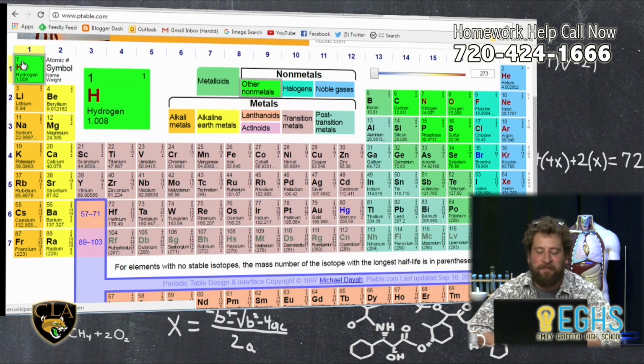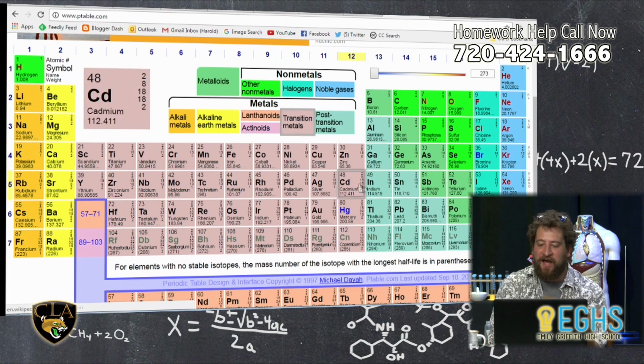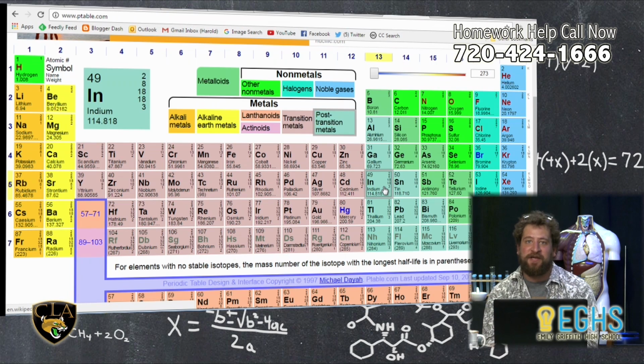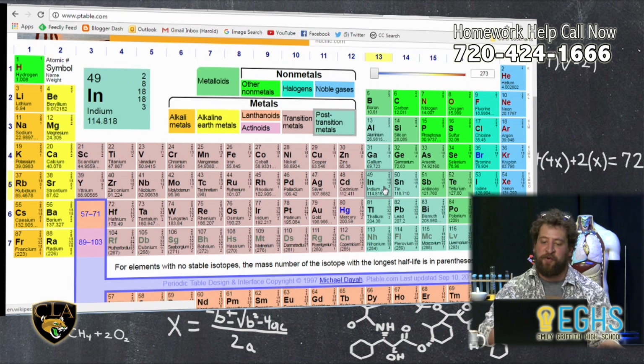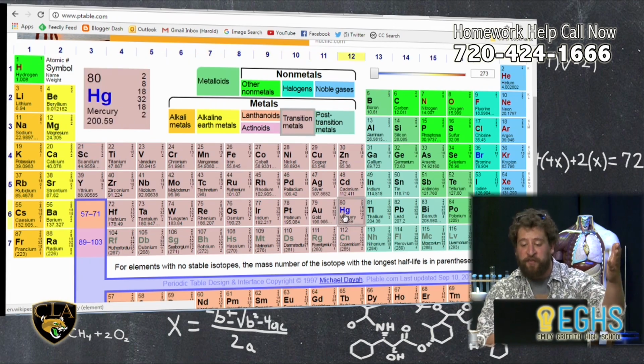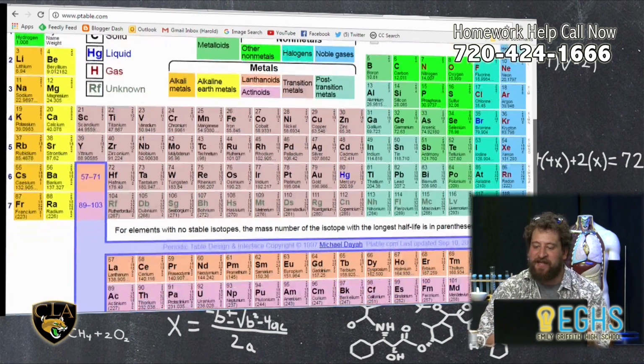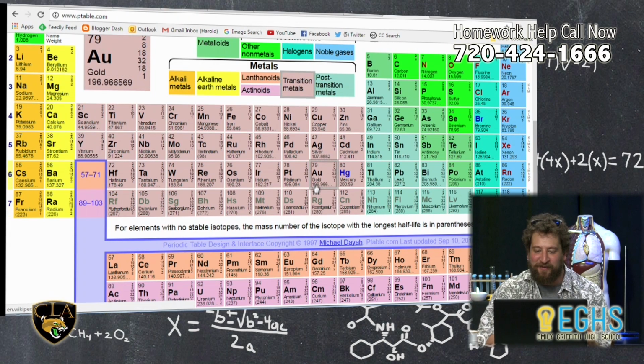The numbers that you see here on the top left of the element symbol, that's called the atomic number. And that lets us know how many protons an atom of this element would have. So a hydrogen atom will always have 1 proton, a helium atom will always have 2 protons, an indium atom will always have 49 protons. That atomic number always tells us the number of protons. So as we go through the periodic table, we get to these really large atoms. Things like gold gets really big, 79 protons.